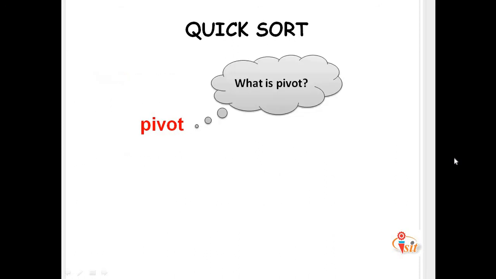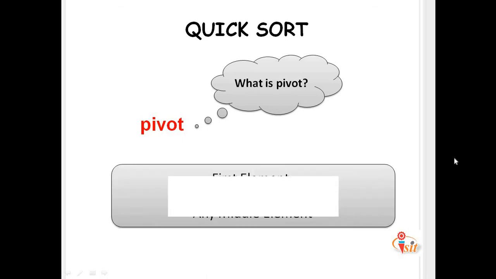Now, what is the meaning of pivot? Here the pivot is a kind of variable we consider in our quicksort algorithm. The pivot is an item in a list that becomes the point of comparison. With the pivot, we begin to partition the current list into two smaller lists with the pivot acting as the central point of comparison.